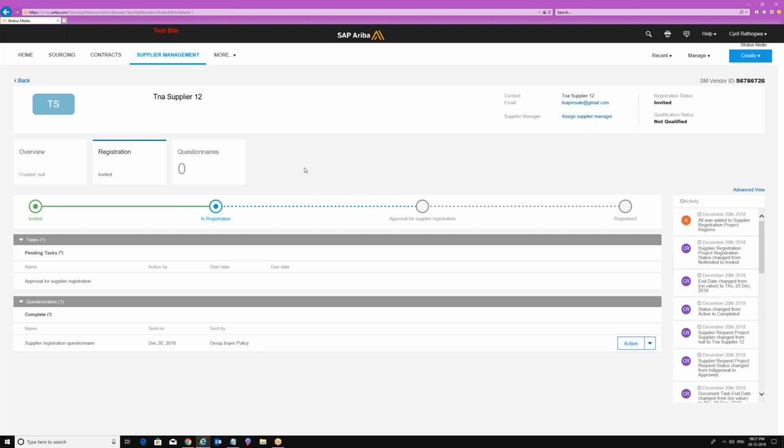Then what will happen is they will submit their response for those questions. Those responses are going to come over here. Then we will look at their response, and then we are going to approve their supplier registration. Basically, the supplier registration part is linking of the supplier which we have created in SLP with the Ariba